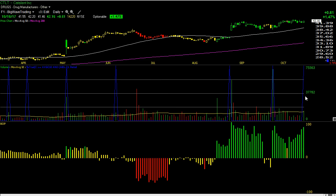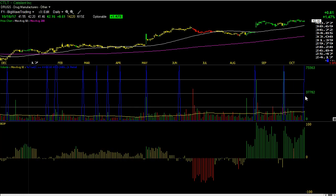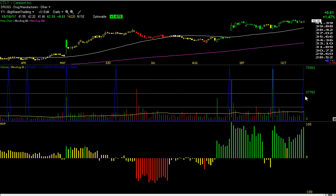So CTLT, 42.16, the limit. Once again, it's extended from the 20-day moving average. I think I have this listed on the side as 0.25% since it's extended. But I'm going to look at my pre-perfect speculator scans. If I deduce that it is a pre-perfect speculator scan quality name, that 1% will go with the 0.5% for being in the tertiary scan, and we'll make it a total of 0.75% position. And even if you go half, to 0.25%, to 0.75, we're at 0.5. So no matter what, I'm looking at putting 0.25% to 0.75% of my account capital into